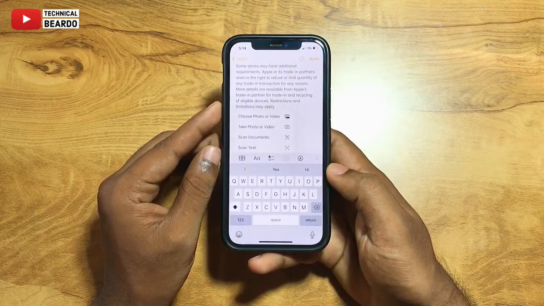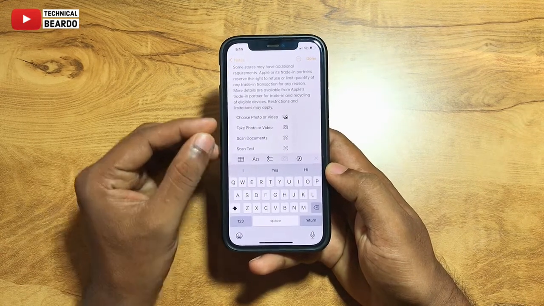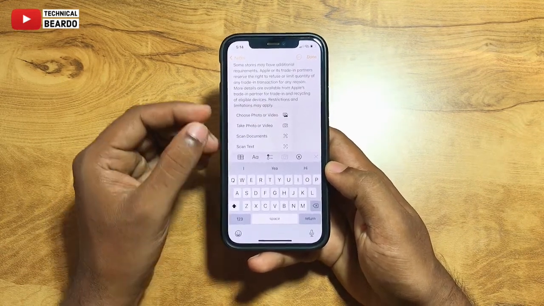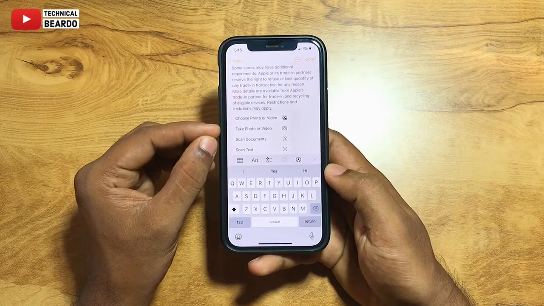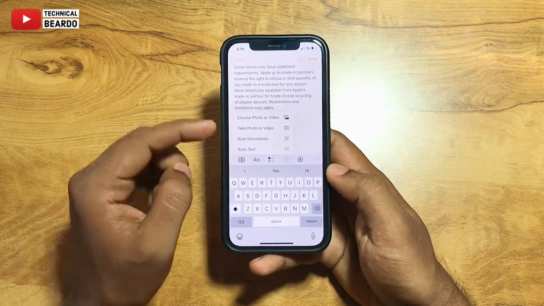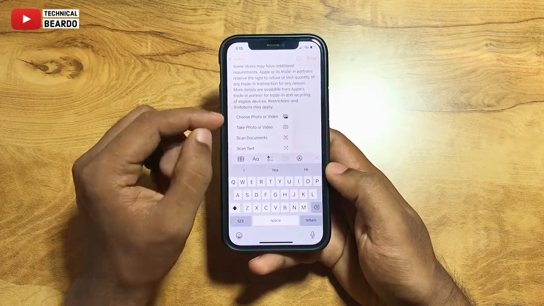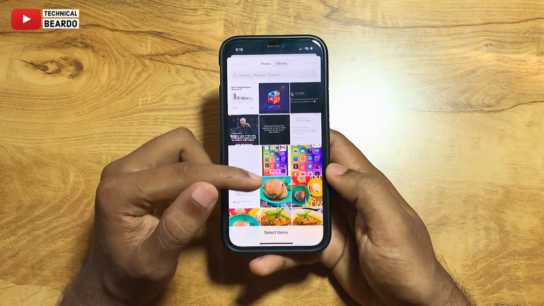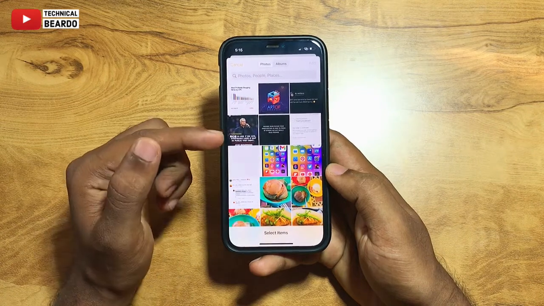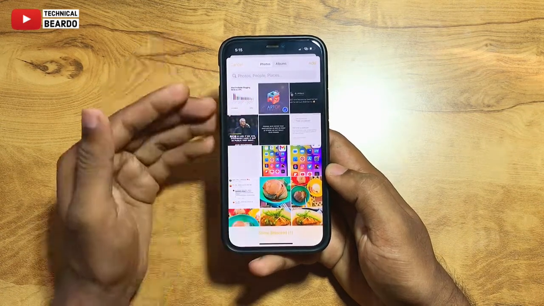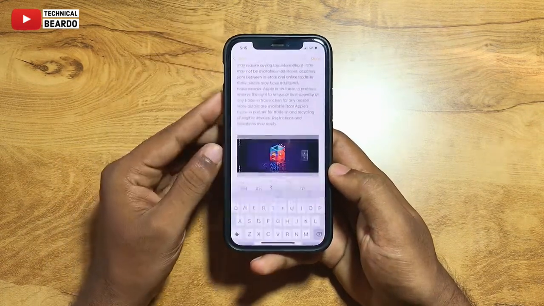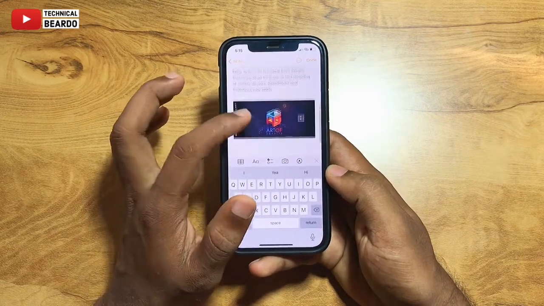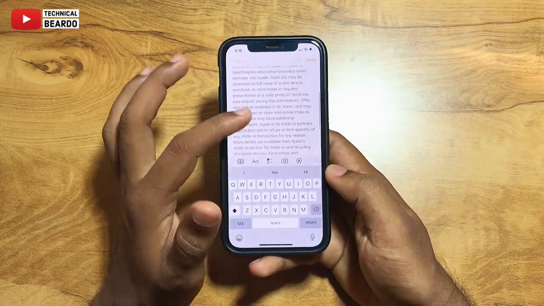For example, if you see here, there is a camera icon. Once you tap on that, there are multiple options, like you can click a photo and upload, or scan photos, scan document, scan text, multiple things. For now, let's go and add a photo in the PDF file. Here go to photos, camera or gallery, and just select the photos which you want to add. So choose the photo and add. If you see, first we have text, now we have photos or images in the PDF file.